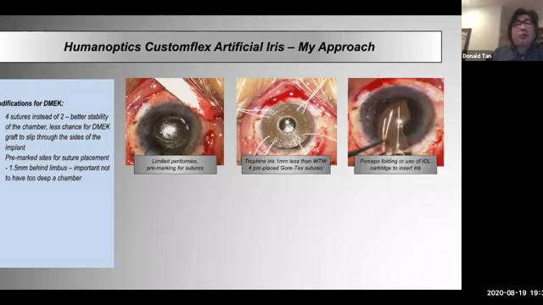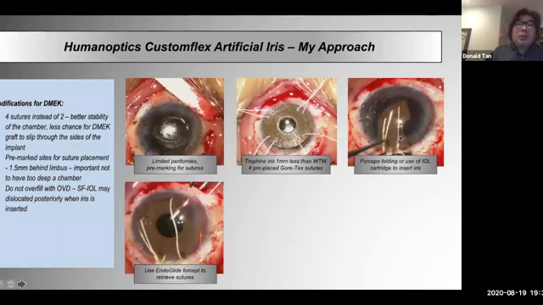This is then either folded in through the incision, the size of which will vary depending on whether you're using folding or an IOL cartridge. But on average, I tend to make about a 4 millimeter wound. I can use forceps in this case, and it's quite standard. You just insert this in the usual manner, similar to an IOL, I suppose.